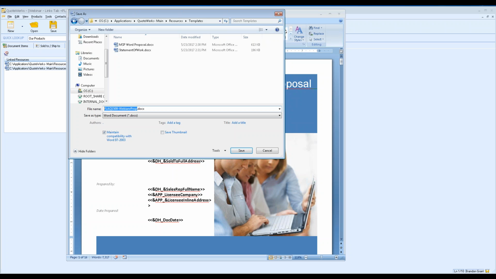So in this case, if I called it, we'll just do our webinar template. That would be the name of the template, and that would be the file-based name. So that's what the template's going to be called and what everyone's going to see when they go to use this file. So if I hit save,